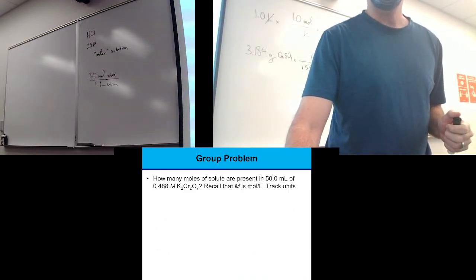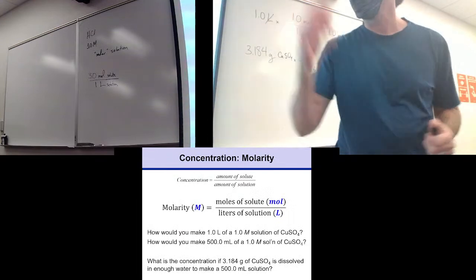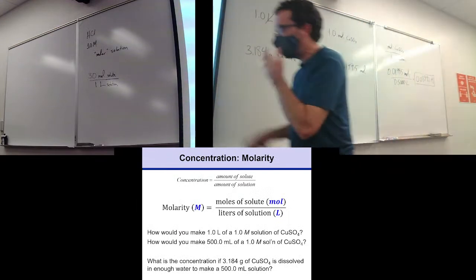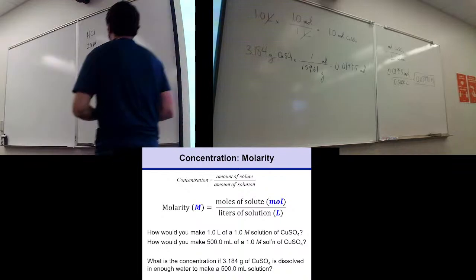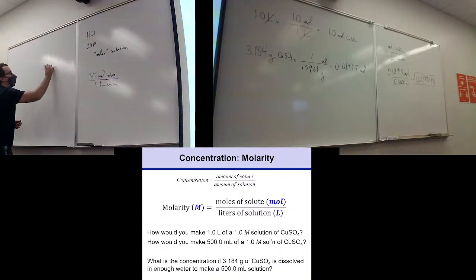But the better way is, well, I don't have a picture of it. In lab, when we make solutions like this, we're going to use these special flasks that have this shape. They've got these long skinny necks, and then they end in a round bottom that's flattened on the very bottom. And there are no markings on these flasks at all, except for one right up around here. And then there's a hole, and there's a stopper you can put on it. So these are called volumetric flasks,